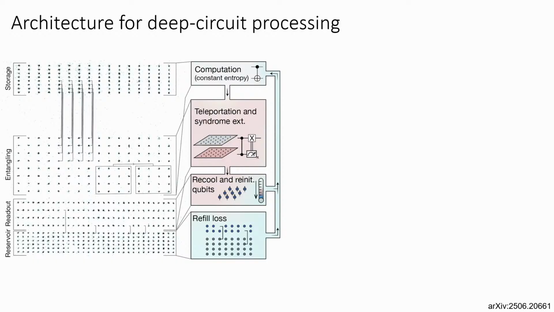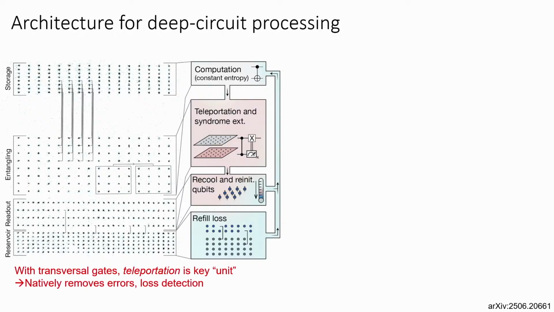That's one important technical aspect. Another important technical aspect is how do you set up the architecture in order to be able to do deep circuit processing? One of the things I had to skip over is that once you start doing all these transversal gates, it starts to become very different how to think about what is the key unit of error correction in the architecture. It's actually not so much anymore one cycle of error correction or one cycle of stabilizer measurement. The stabilizer measurement removes entropy, but the thing that's actually quite fundamental is teleportation. It's a really key unit in the processor.